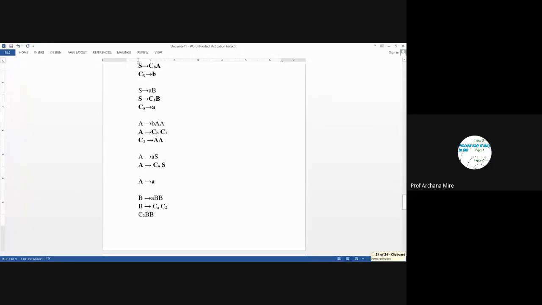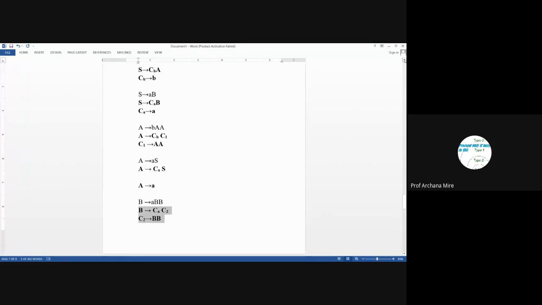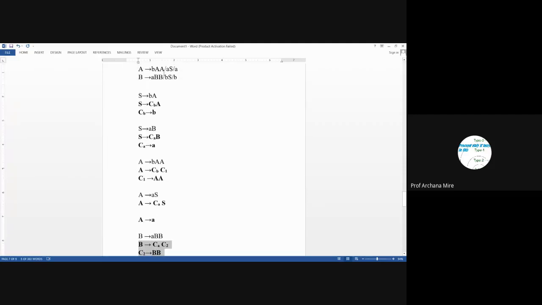As C2 leads to BB, the length is exactly 2. We don't need to do anything here. And our final production rule will be consisting of these two production rules, which will be in the CNF form. Let's take the next production rule, that is D leads to DS.